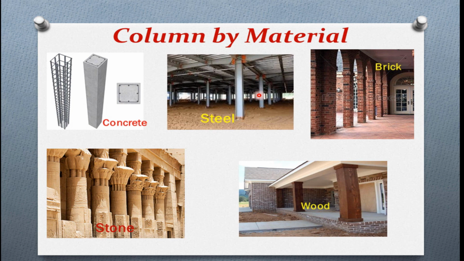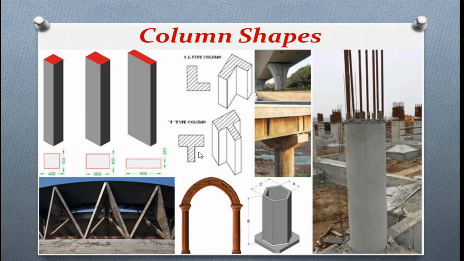And you can see here a prefabricated structure, where the vertical members and the horizontal members are steel, so it is a steel column. And here you can see brick members used, so this is a brick column. And here stone columns, stones have been used to transfer the load from the slab, so stone column. Here in the veranda we can see the wooden column supports the slab, so this is the wooden column.